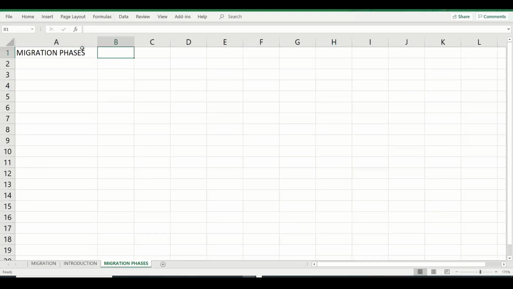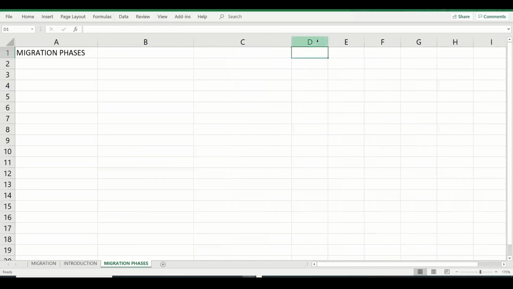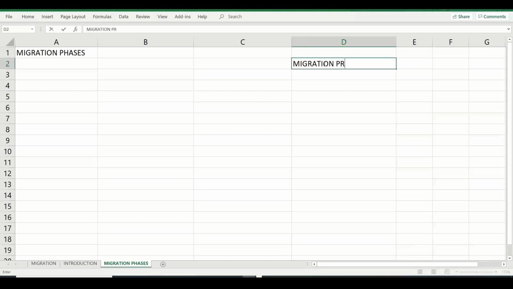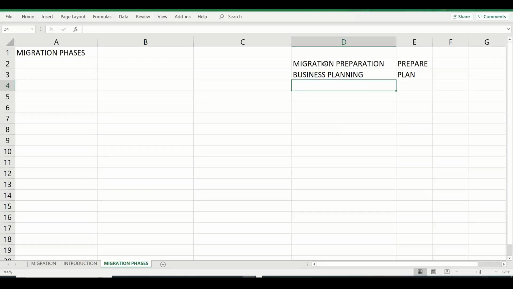different organizations follow different approaches, but I will explain the different phases that AWS follows, and then I will come to the phases that you generally follow in most organizations, right? So the first phase is the preparation phase, or migration preparation. Then they call it the business planning phase: prepare, plan, and then they do a discovery at the portfolio level, and a detailed discover phase, and then some people call it the migration phase.